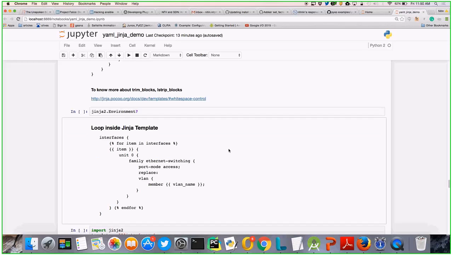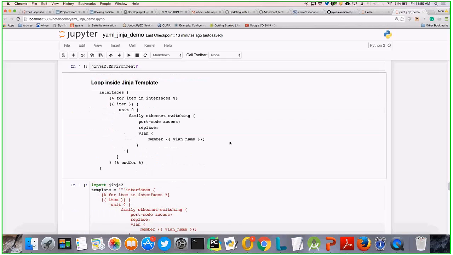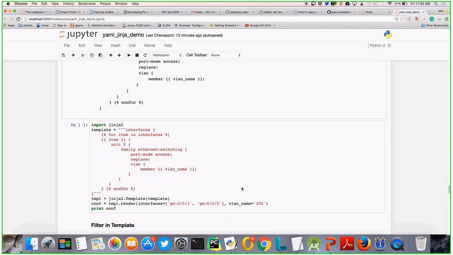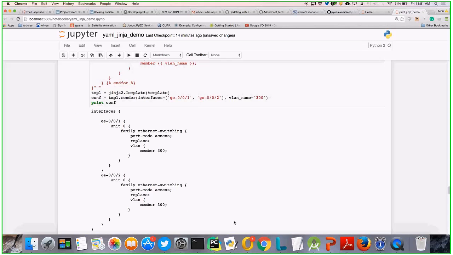We'll show you that. So we have interfaces, which need to be a loop, so it needs to be a list. Here you have simple members, like wheel and name, so it's just a key value pair. So here you can see for interfaces, I'm providing two interfaces, and for wheel and name as 300. Now if I render this, I'm getting this much.